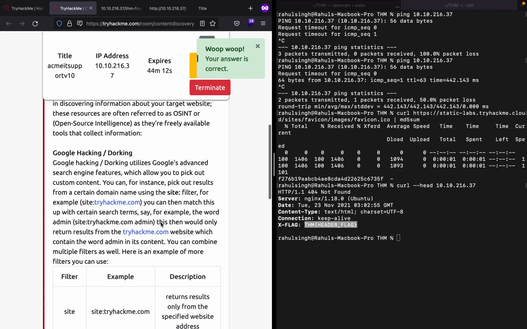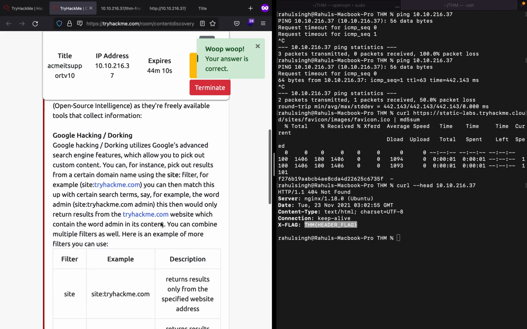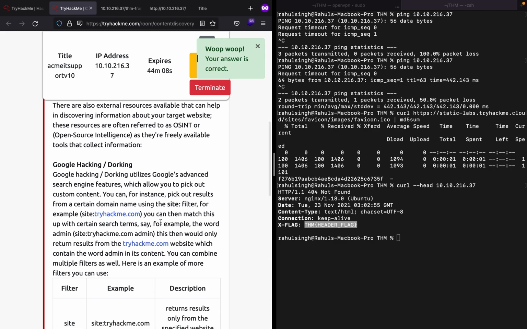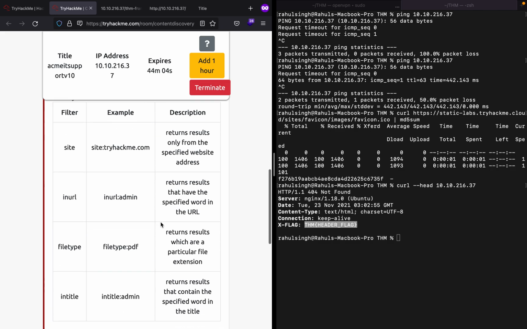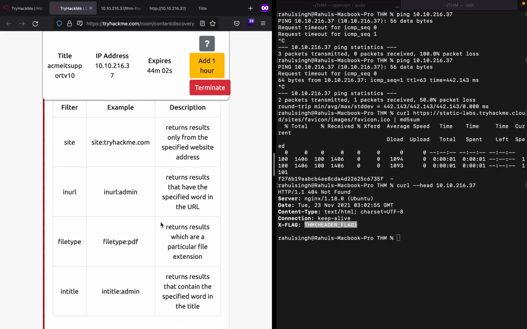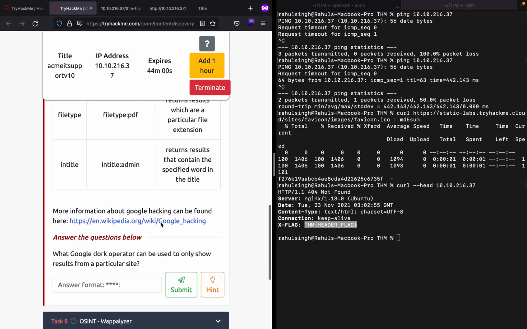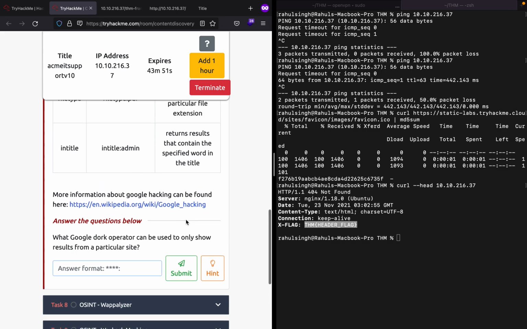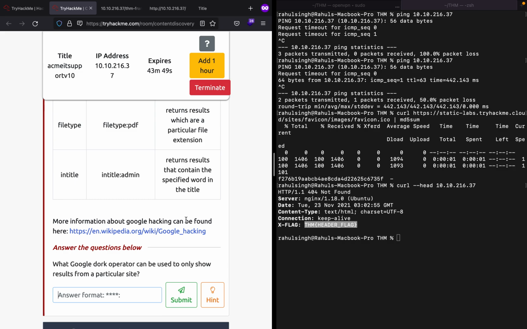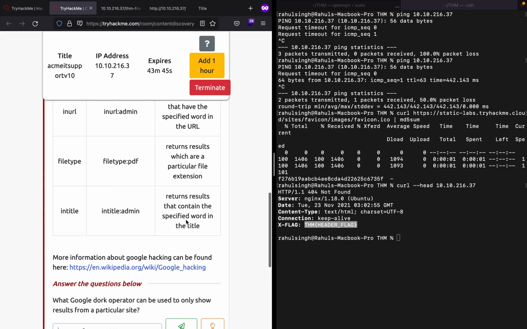Okay, so the next part comes to Google dorking or hacking. So this is again a different concept. I would be making a video on that. Comment if you want it right now or today or tomorrow. But it is one of the best things that I have learned. I have been able to find databases out of it, hidden databases that were exposed but couldn't be found if I were to generally brute force it. So this is where Google comes to your help.